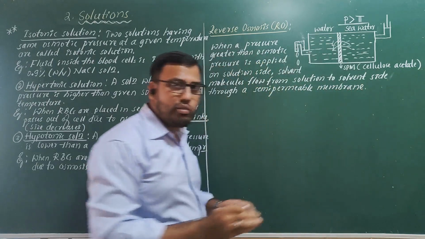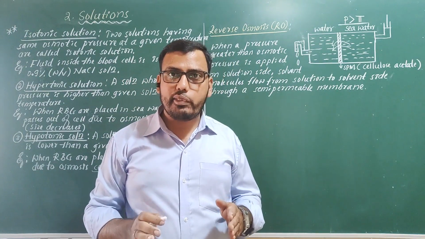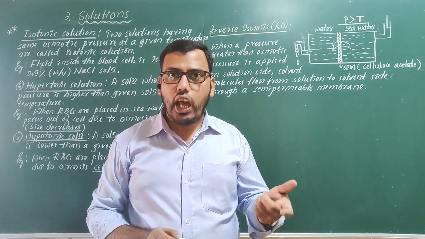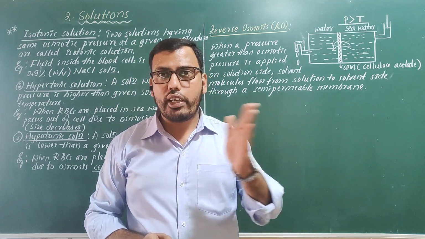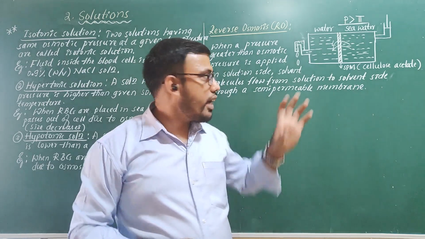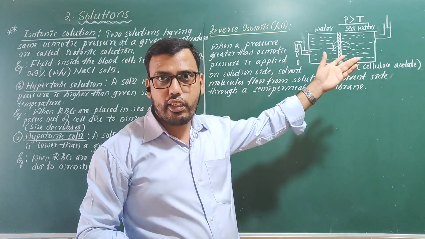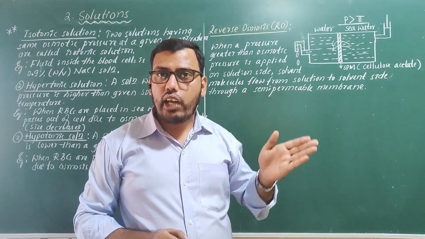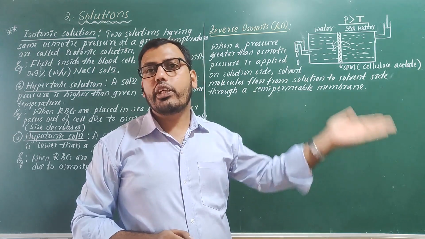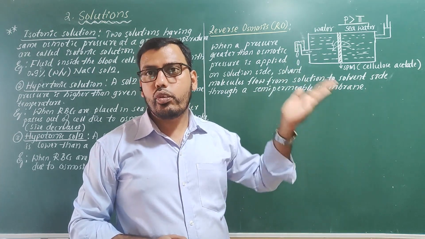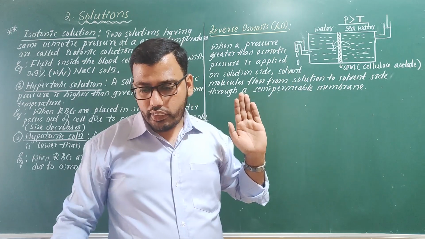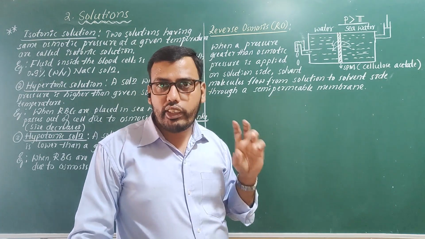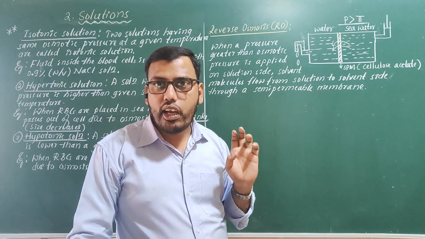So here also the same setup is there. Here the osmosis is going to reverse. In osmosis, solvent flows from lower concentrated to higher concentrated solution. Here I have taken a solution, that is sea water, and I have taken fresh water, that is the pure solvent. Solvent molecules are flowing from solution to pure solvent, across the semi-permeable membrane. As the process is reversing here, that's why it is called reverse osmosis.